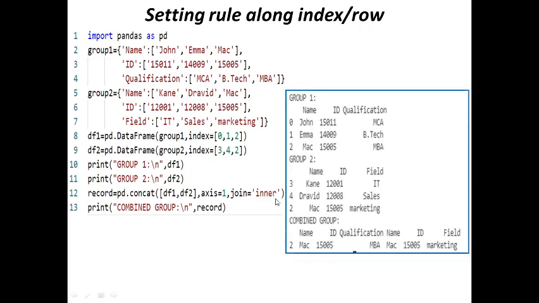When we run this code, output will be, here you can see we have data frame 1 with 0, 1, 2 index value, data frame 2 with index value 3, 4, 2, and resultant data frame is having only one row with index value 2. Because for this data frame and this data frame, index value 2 is same. So resultant data frame will have only one row with index value 2 and then associated value like this. So here we have specified join equals to inner. Inner means common values, and axis equals to 1.